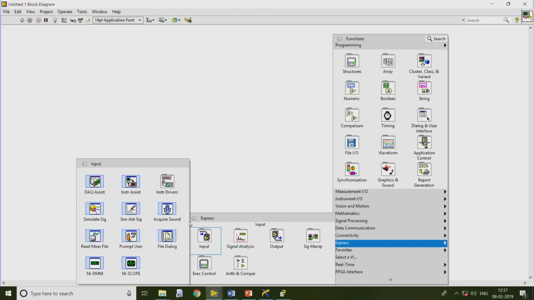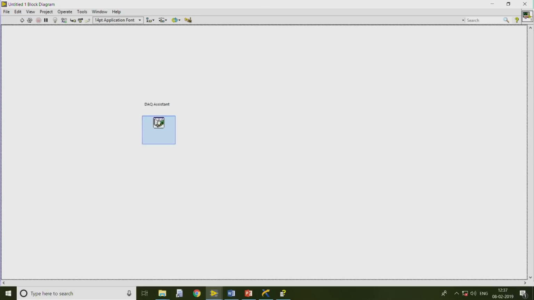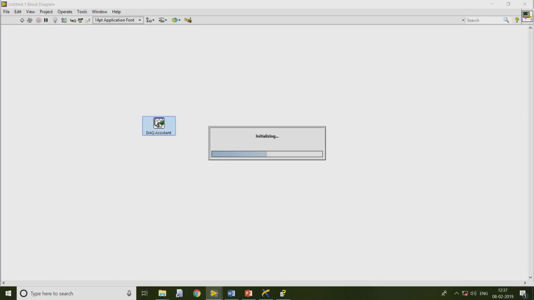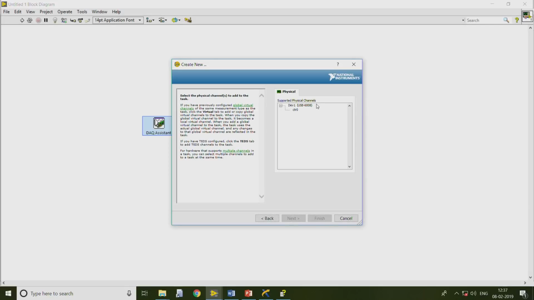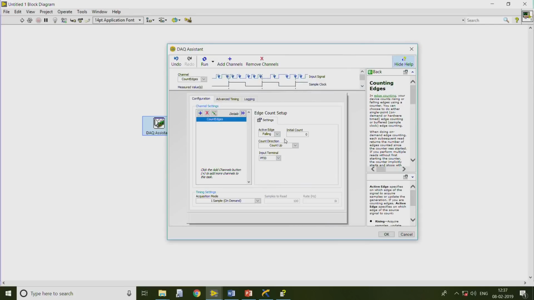So, I am going to input, data assistant, device, and I have to acquire counting input, which should be edge count. Since it is USB 6008, it can support one counter signal, it has one port for counting signal. Here we can see whether we need a falling edge or rising edge.